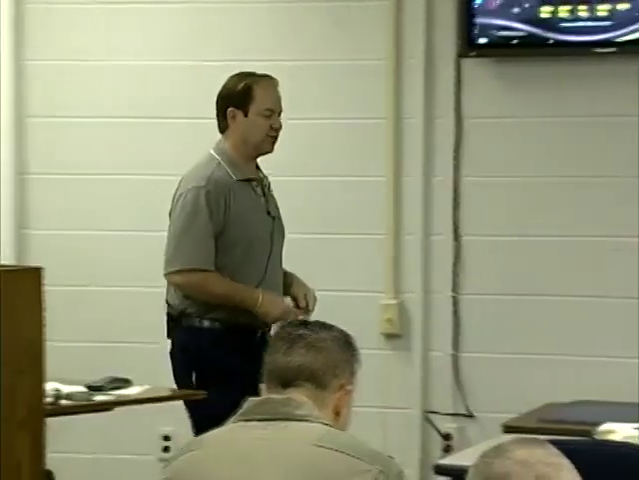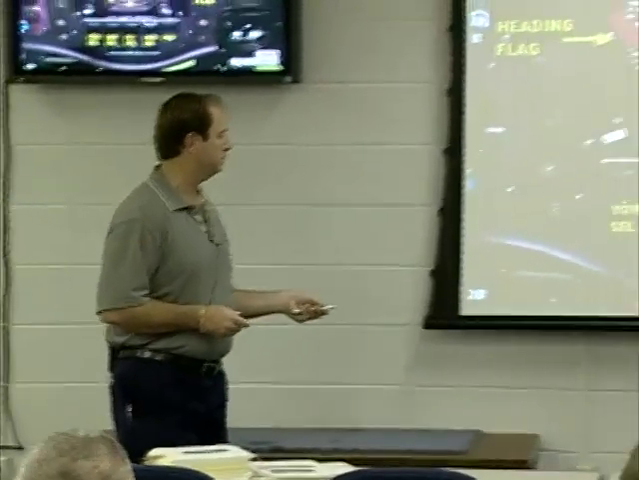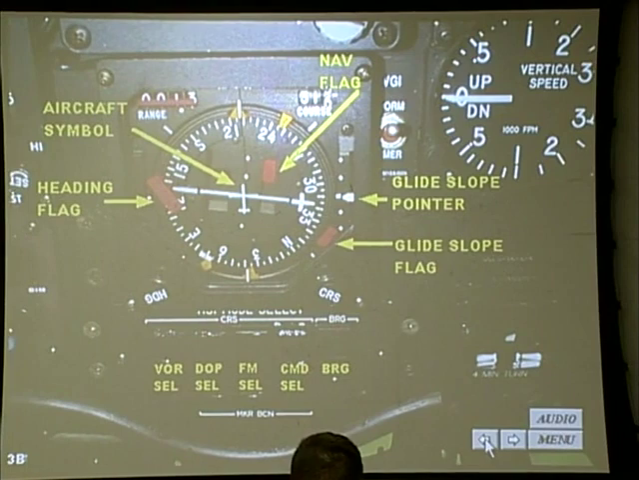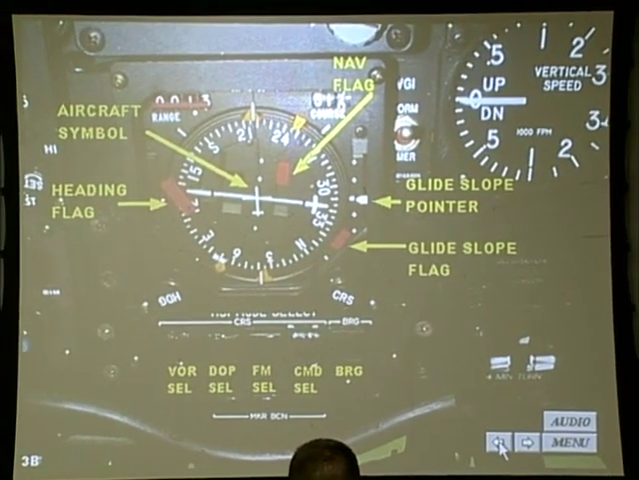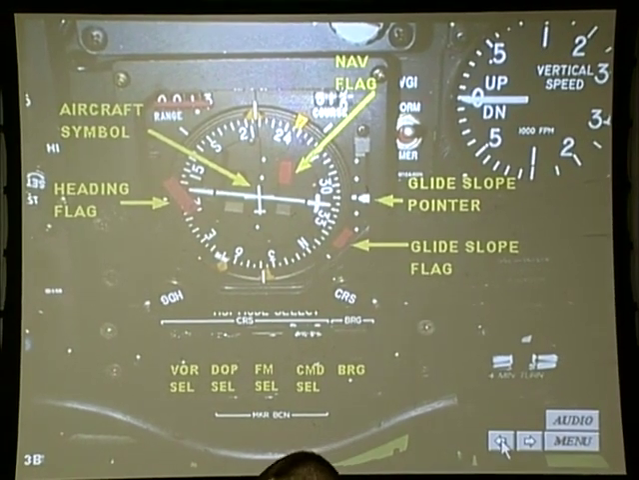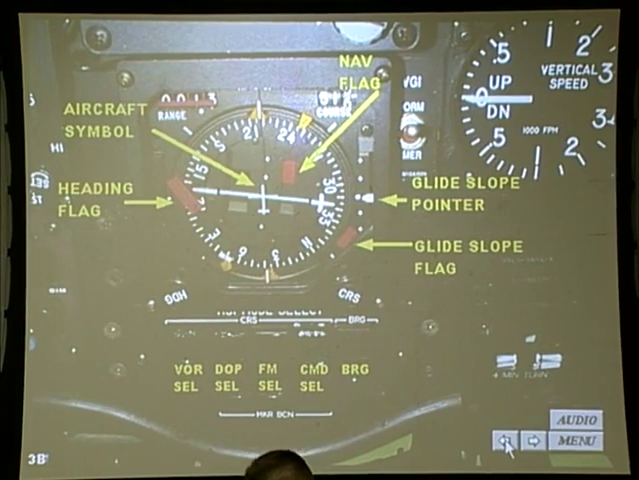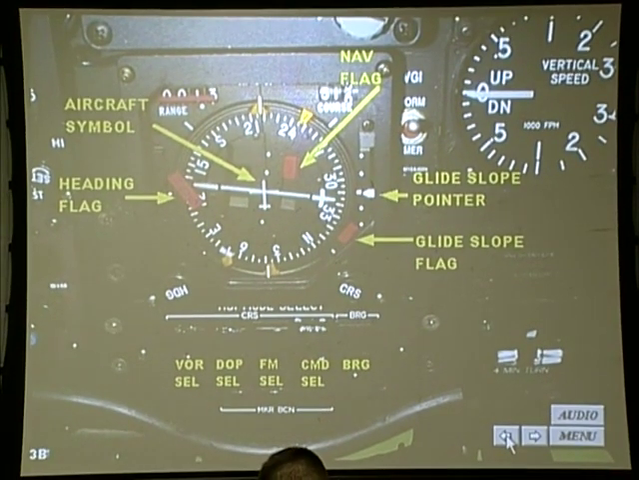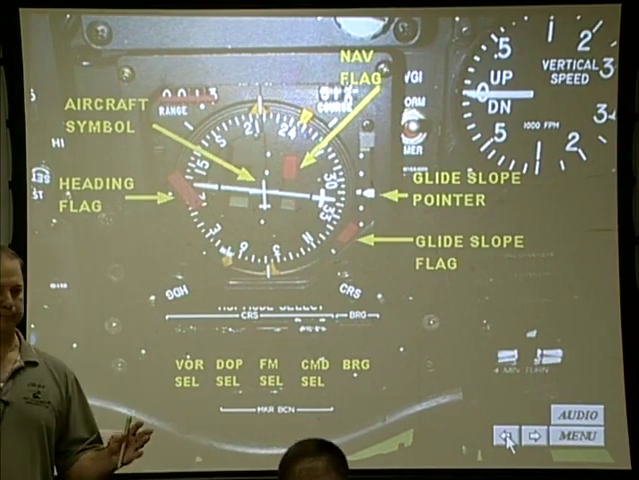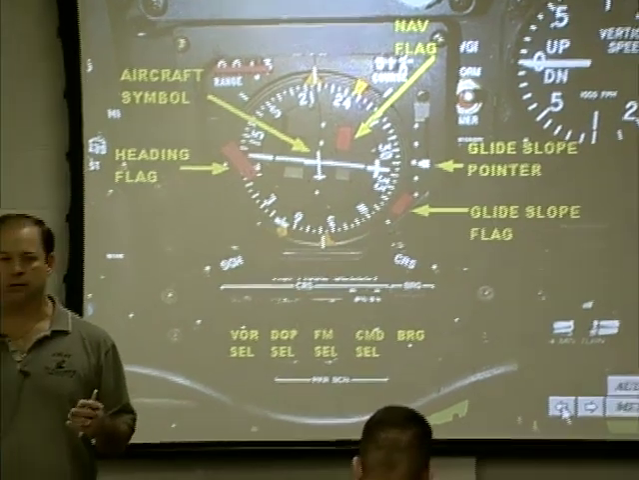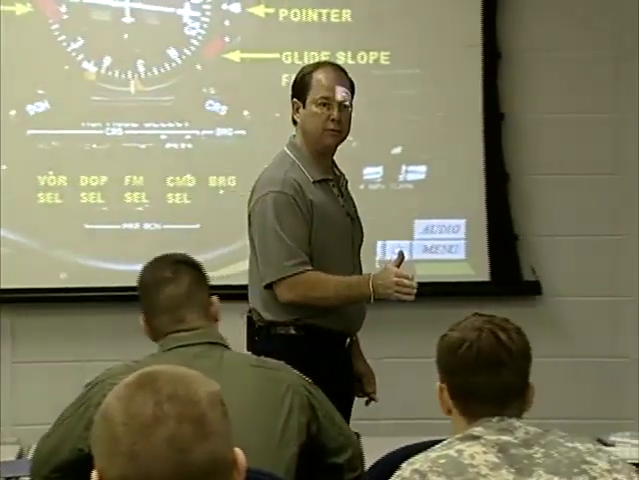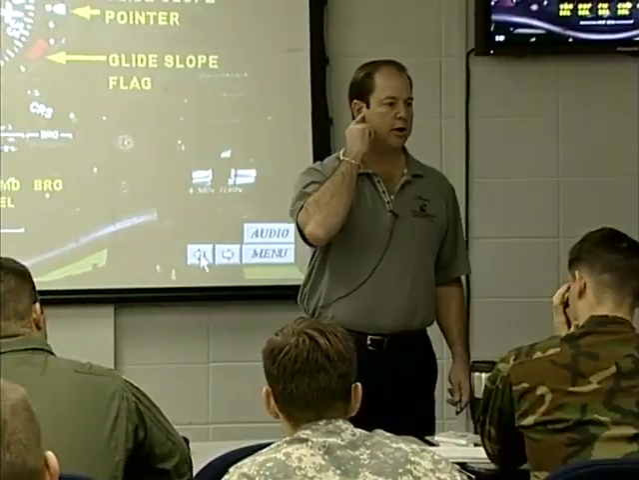Okay. The next thing we're going to talk about down here on the bottom are your marker beacons. As we look at your marker beacons, you have your outer marker, middle marker, inner marker. Some only have outer markers and inner markers, but we have all three. And as you can imagine, not only is it going to light up as we pass through the different marker beacons, you're also going to get an audio in your ear